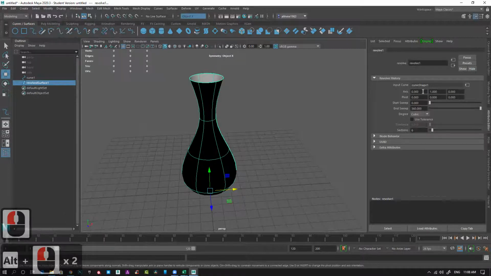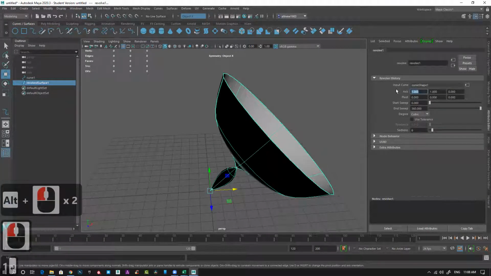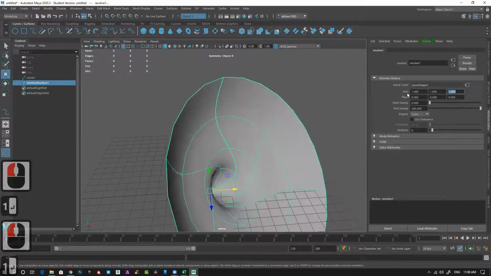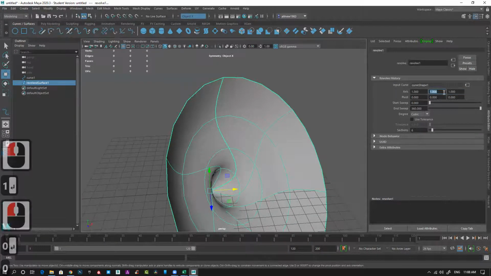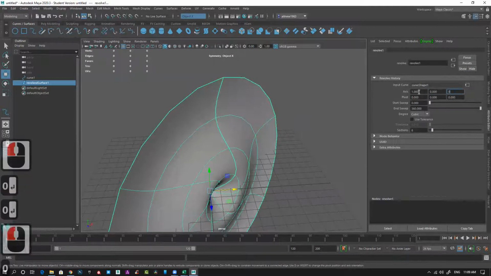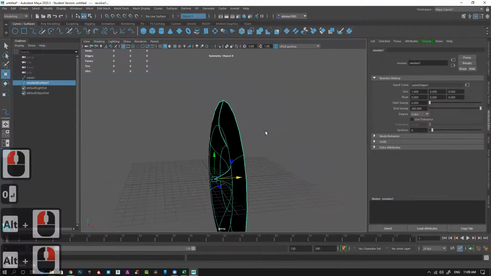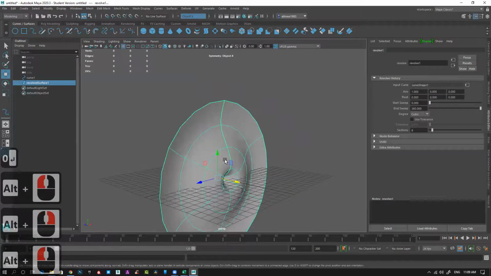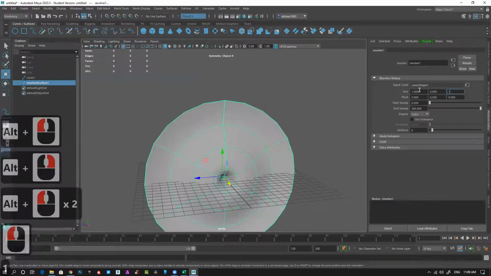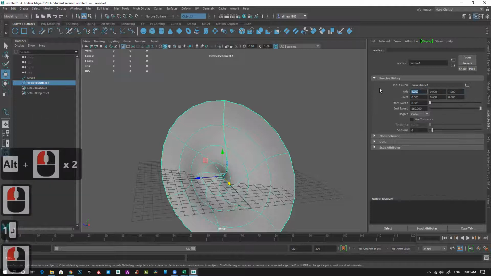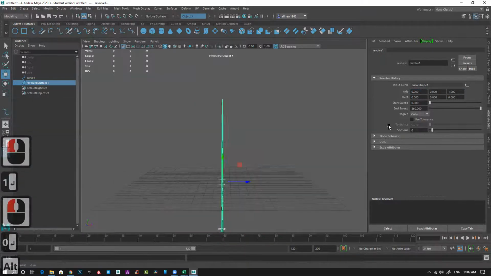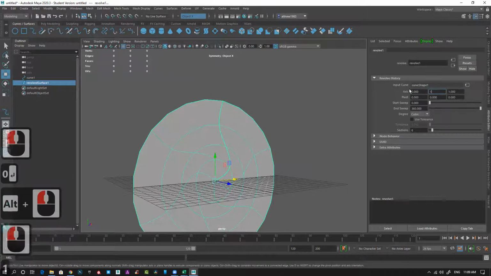If you want to change the axis, you can change it and make it zero, whichever axis you want.